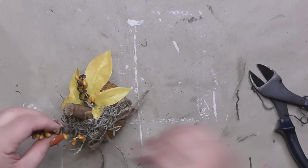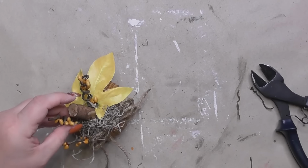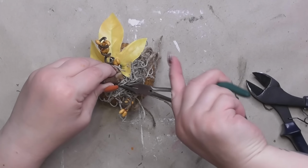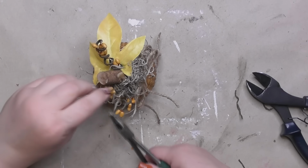So here I'm cutting the stems a little bit shorter, and I'm just tucking it into our Spanish moss, and then I'm going to add the glue later, after I've already jammed them in there. This one needed a little bit of help, so I got my needle nose pliers out and I shoved that down in that little bundle there of